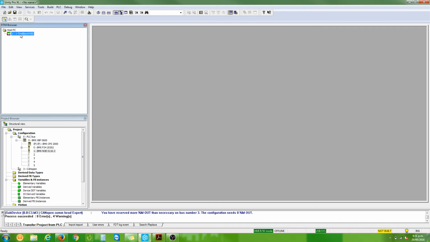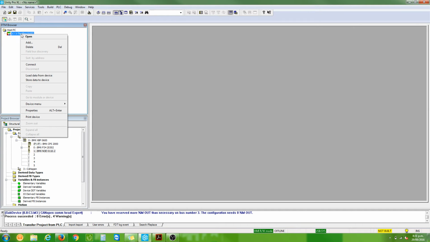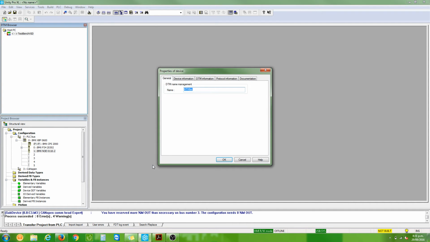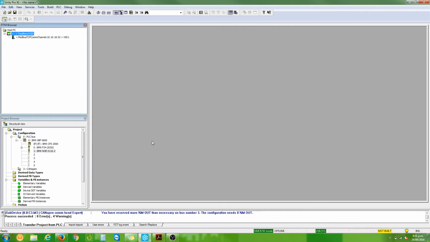Right, now we need to add the VSD to the DTM browser. So I right click and select add, and it's a 600 series drive that we're connecting to, and I'm going to call it VSD1, and I'll make sure again that that's Modbus over TCP that we're connecting to. And I go OK. It'll add the device to our manager, but you'll see that the IP address